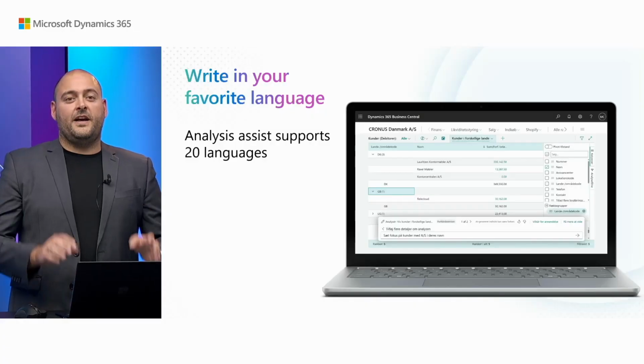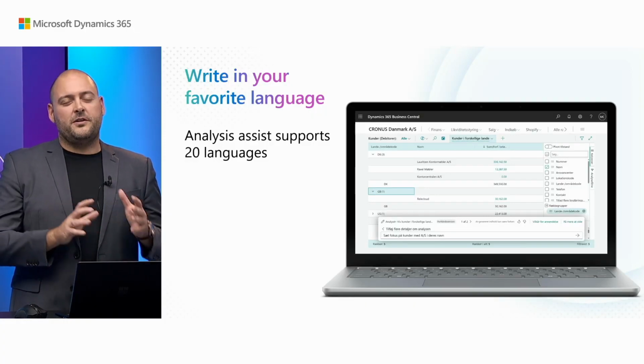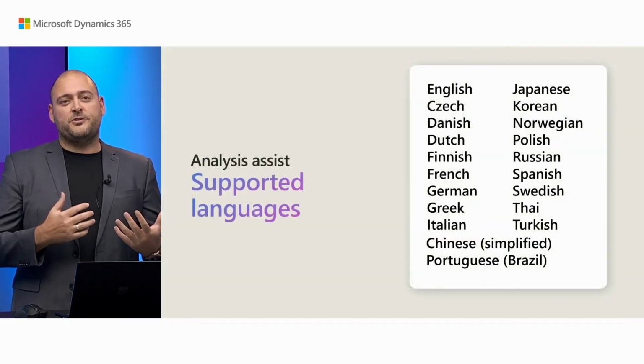Now, don't forget, it's okay to be imprecise, and it's okay to use abbreviations or alternate words for things. And it's definitely okay for you to use the grammar and the language that you are comfortable with. It does not have to be flawless. Copilot is designed to deal with that and be able to work with how you express yourself. And of course, you can express yourself in your own language. In fact, we have tested and verified Analysis Assist in 20 languages now, so you can express yourself as you